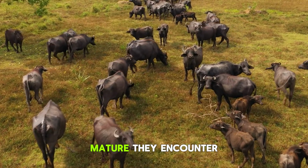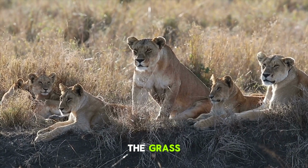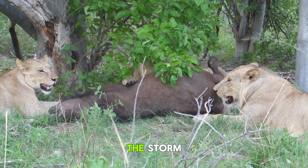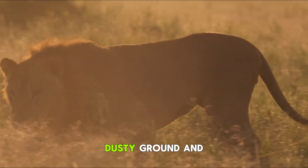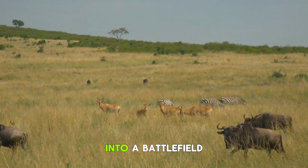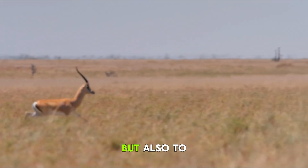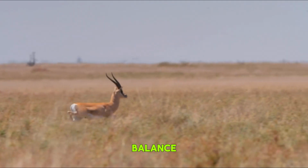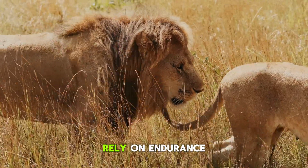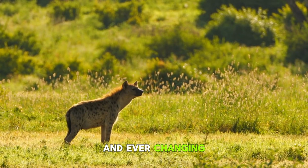As adult buffalo mature, they encounter a few situations when expert hunters are concealed in the grass, waiting for the ideal opportunity. The tension in the calm before the storm is increased by the dry, dusty ground and the sound of heavy breathing. The swamp turns into a battlefield where every creature battles not only for survival, but also to preserve the delicate balance of the Serengeti. These predators, who are beyond their strength, rely on endurance and adaptability to overcome the constant and ever-changing challenges of